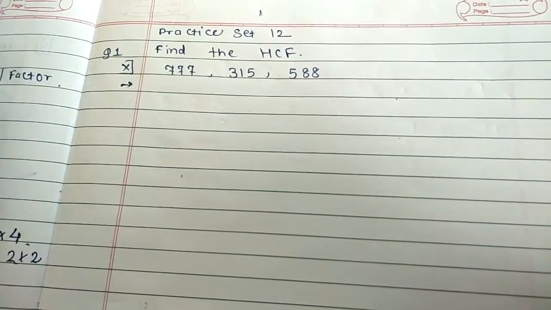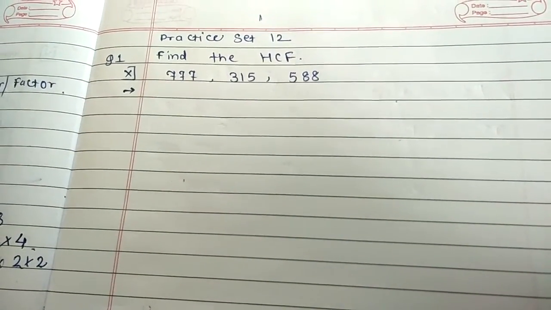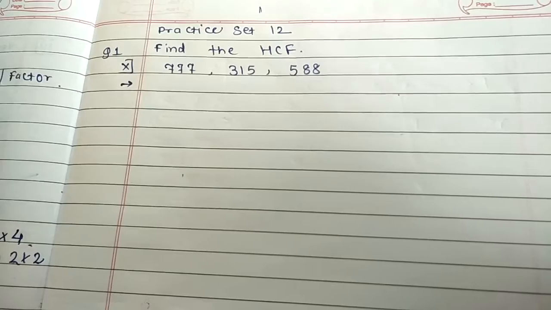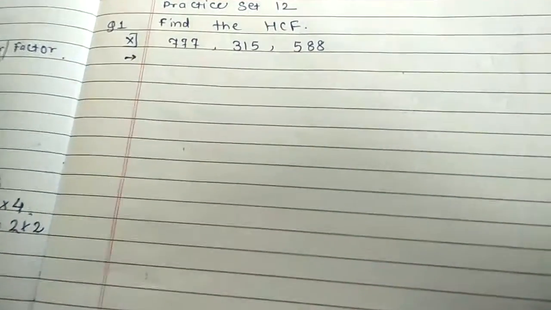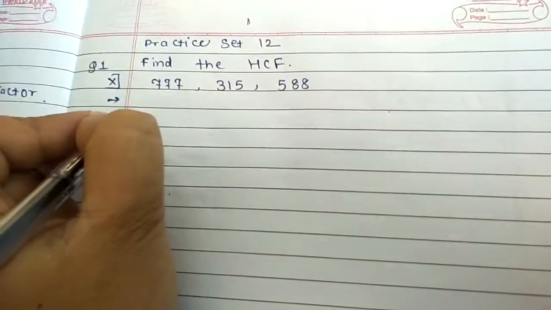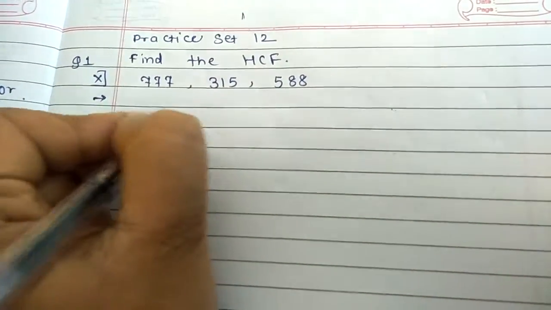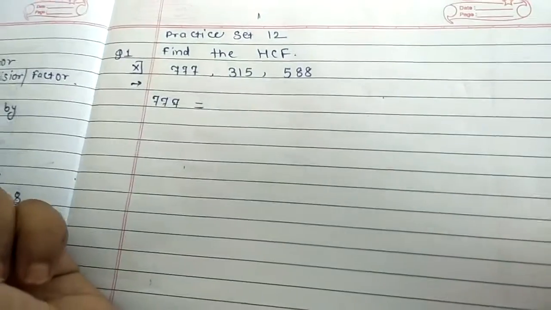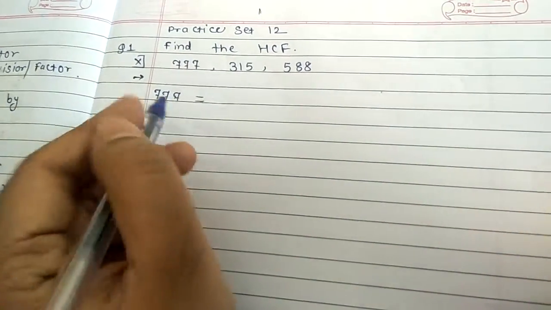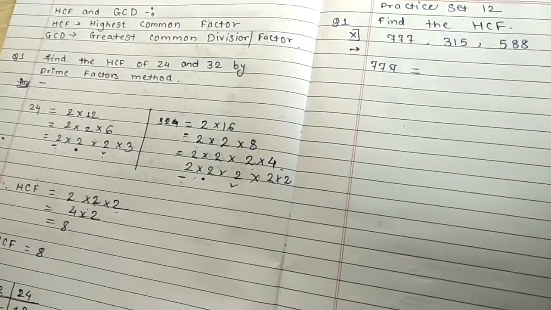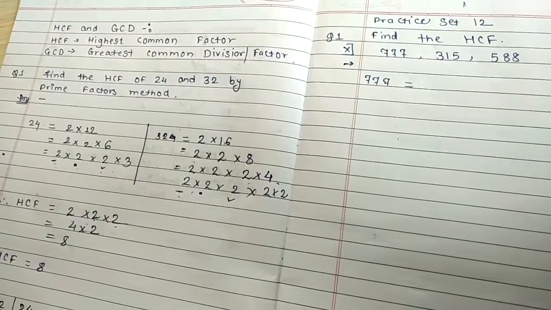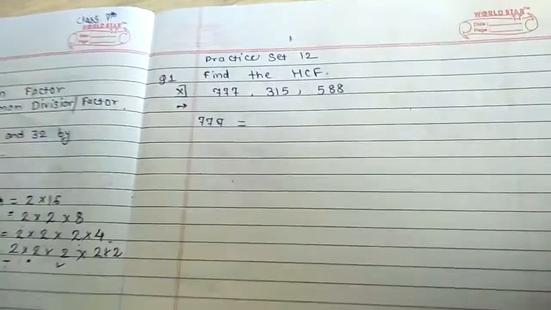So this is your example from your practice set. Now, the first number is what is given? 777. Now this number, see, this number is now coming in which table? If you see here, these numbers 24, 32 are easy and we know that. So now how to find out these numbers?